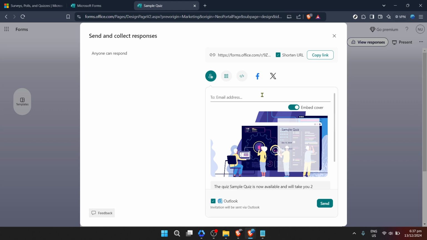Forms links. Now, remember, the ability to share your form through a concise, friendly URL can greatly enhance response rates and overall user engagement. So go ahead, give it a try, and make your Microsoft Forms experience even more efficient